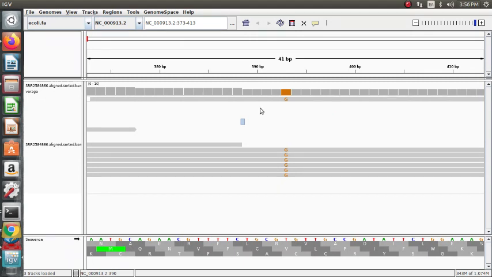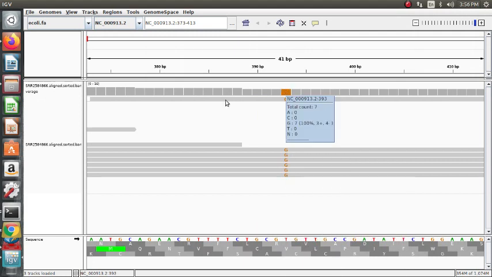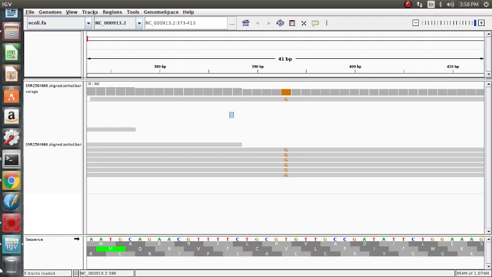Maybe I will practice one more time, and if there is any problem, I can write to you. So this is the 393 position. The orange is 393, with 390, 391, 392, 393. This is the G consensus variation here, T is the reference base, and this is the alternate base. This is also recorded.